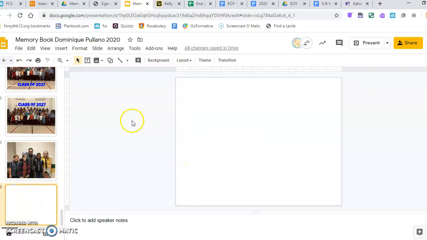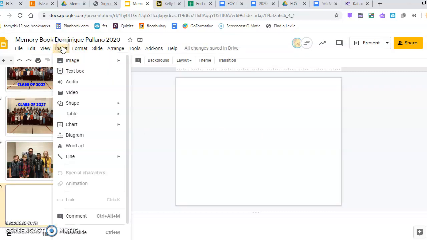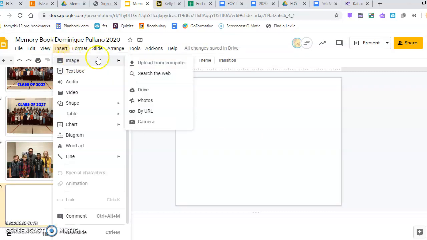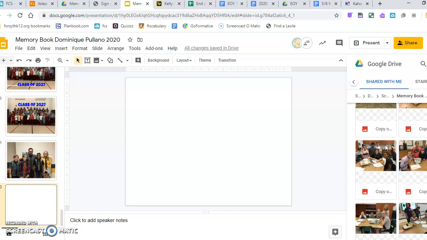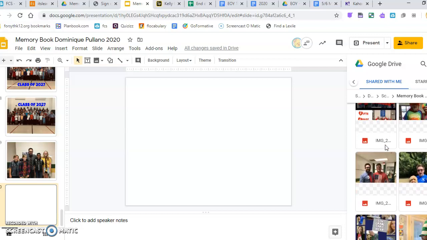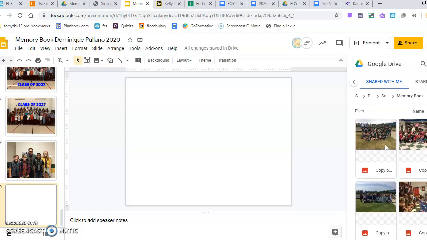And so the easiest way, I think, is to go up here, go to Insert, Image, and then you're going to do this by your Google Drive. That is if you've clicked on the link that I just showed you that has the big old folders. Then what you'll do is you have different options, your drive, and right here, you have to hit over, Shared with Me. Once you click Shared with Me, you will have all of these pictures that have been shared with that link on our page. And then you'll just choose.